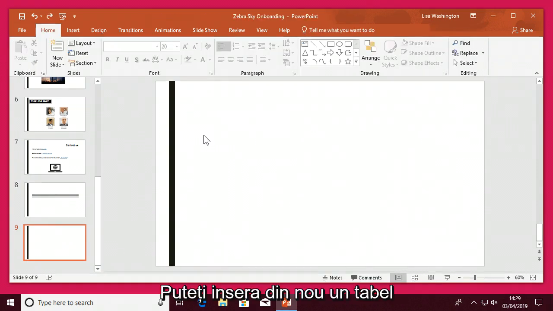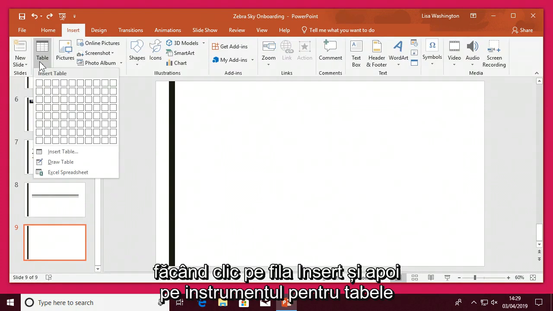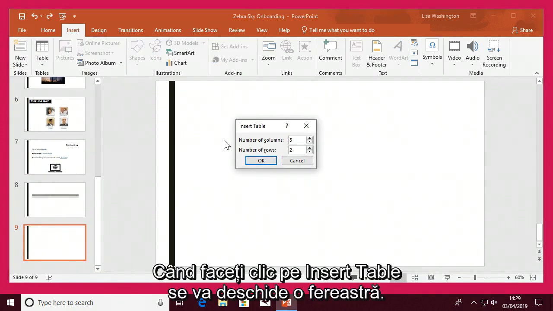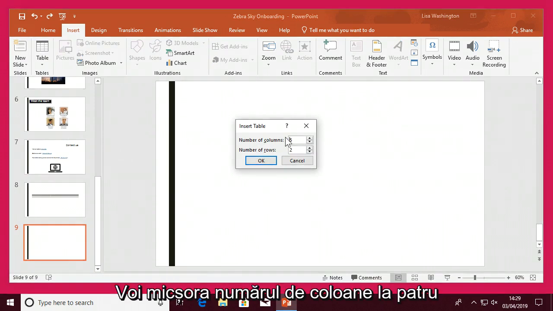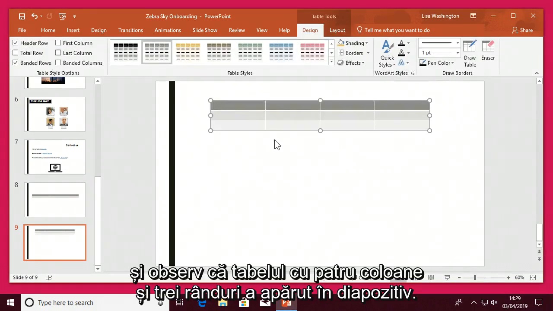You can also insert a table again by clicking on the Insert tab and clicking on the Table tool and going down to the Insert Table option at the bottom of the menu. When you do, the Insert Table window will then open. This time I'm going to decrease the number of columns to 4 and increase the number of rows to 3. And I'm going to click on OK, and I can see my table with 4 columns and 3 rows now